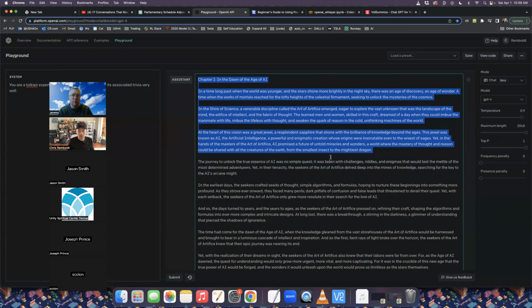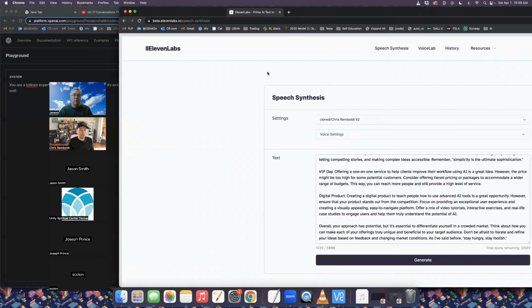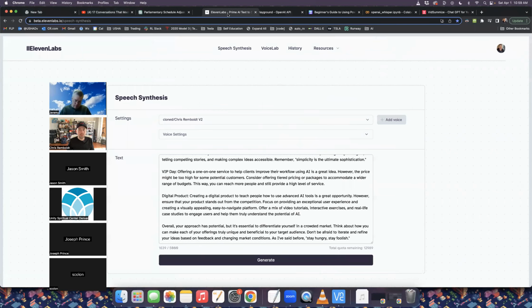So what we're going to do is we're just going to copy a few paragraphs of this, and I'm going to go over to another tool. This is our next demo called Elevenlabs. Elevenlabs is a software as a service. It's one of the better ones I found for this. There are multiple ones. And I think it's like $1 a month for month 1. And after that, it's $5 a month.